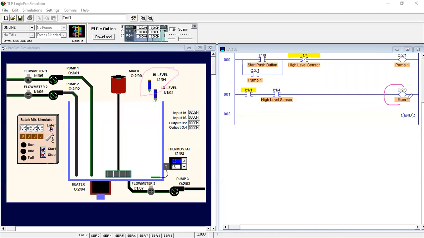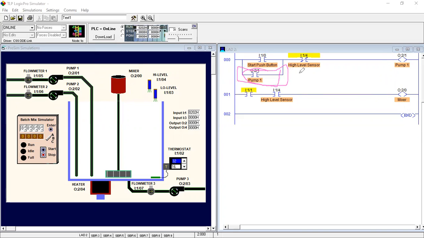This output coil is the mixture, and this is pump 1. This is our start push button, and this system is the holding.